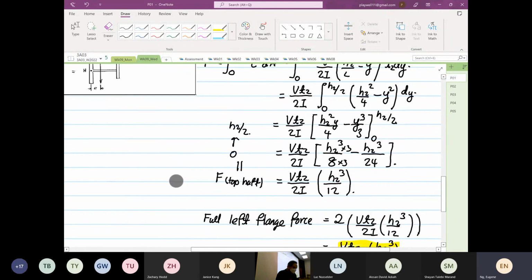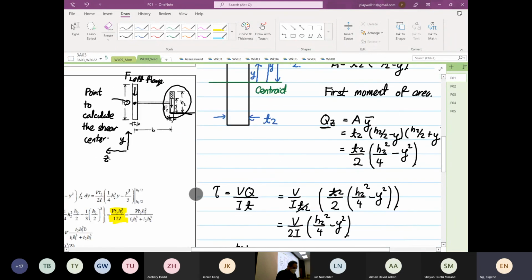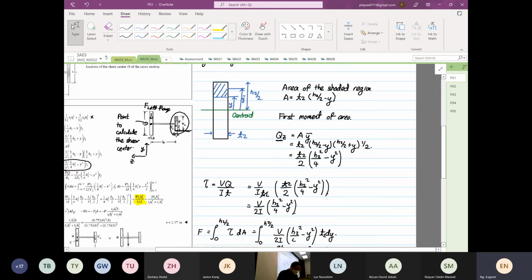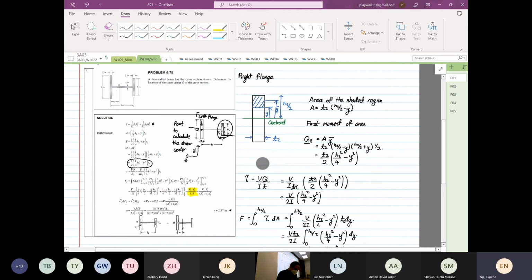Okay, so a student asked me, hey, can we just cross the centroid like this? My answer is no. It's different when it is longitudinal shear. Okay, longitudinal shear, it has to fill up the member first. Okay, then it's okay to let the first moment of area cross the centroid. For this case, no. Okay, very important to know that. Okay, so this is one example. Then any questions from any